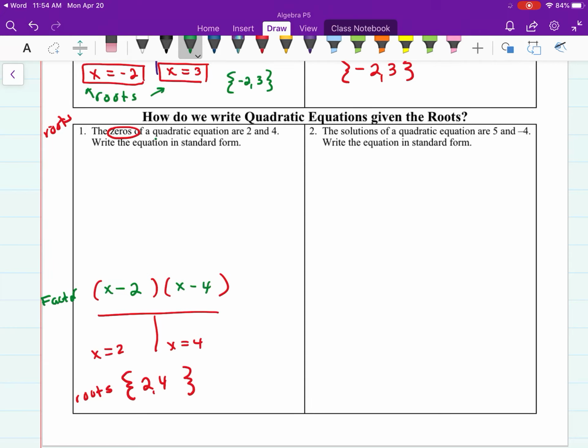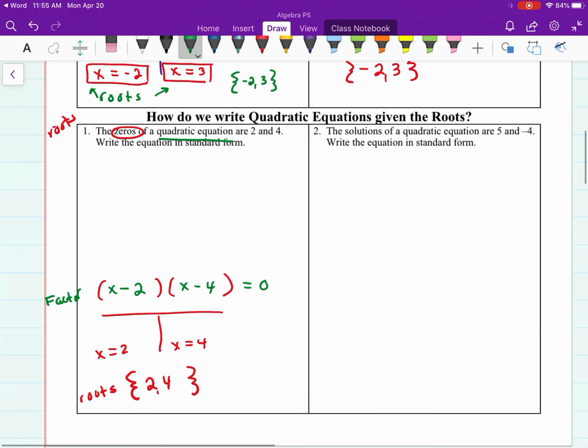Now it says we're making a quadratic equation, so don't forget to set that equal to 0. We want to make it in standard form, though. So we want to make sure it says like x squared plus something minus something equals 0. So how can I take x minus 2 times x minus 4 and make it into a quadratic equation? Well, you can simplify this. You can multiply that back together by using the box method. If you use the box method and do x minus 2 times x minus 4,